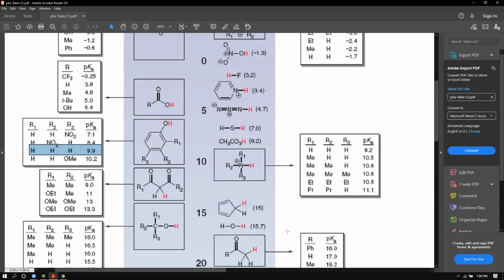Acidity is one of those topics that's more tricky than it looks at first glance. Okay, I'm going to stop sharing for just a second so I can load up the quiz. And then I'm going to